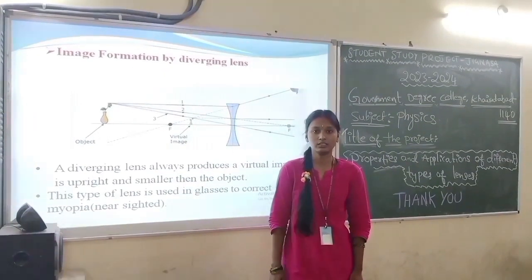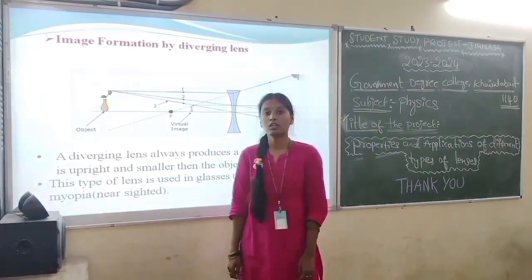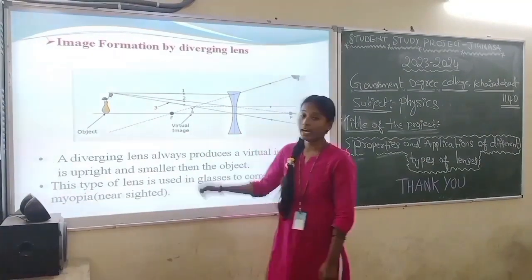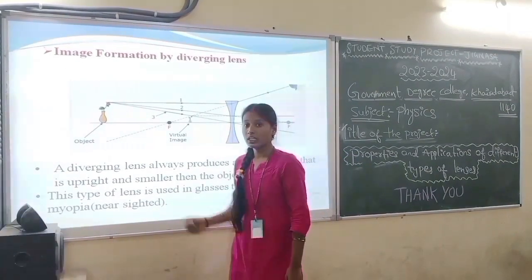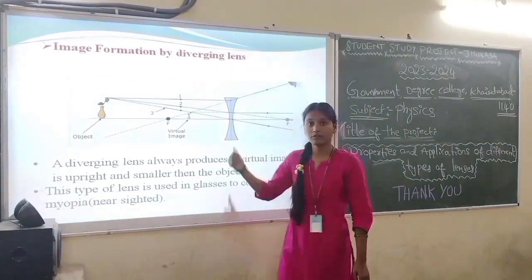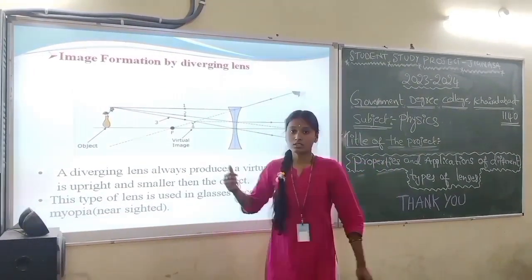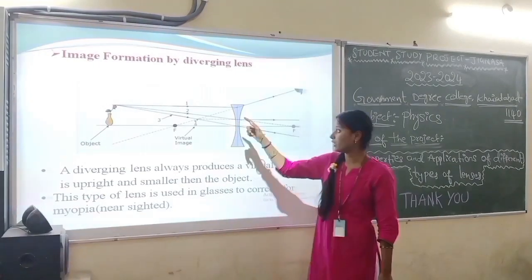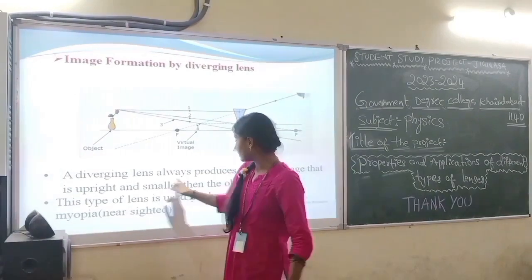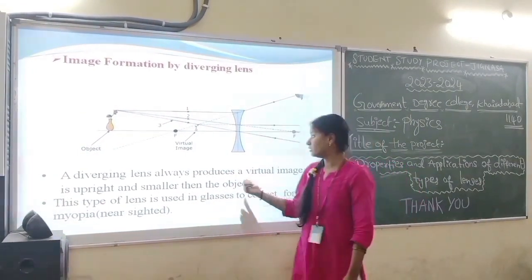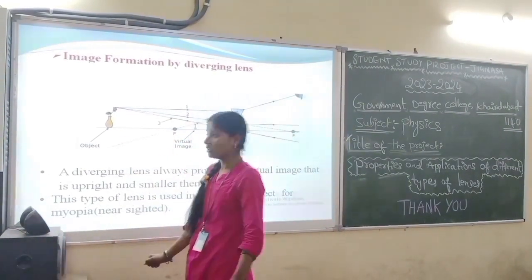This is also nothing but a diverging lens. It is used to correct myopia. We have three rules. In the first rule, light goes parallel towards the principal axis and it will diverge after the refraction. In the second rule, it will go through the optical center, it will go straight without any deviation. And in the case of the third rule, light goes towards the focus, it will go parallel towards the principal axis after refraction. And it has virtual and real images formed wherever the object is placed.